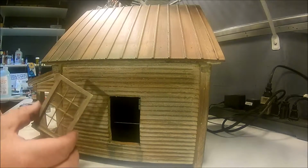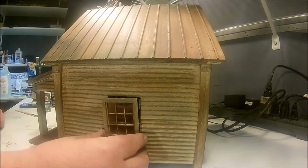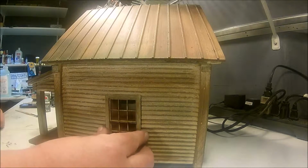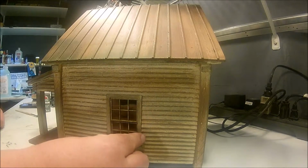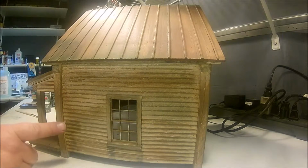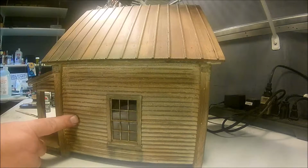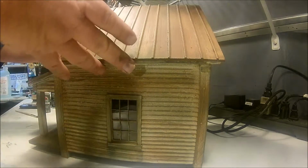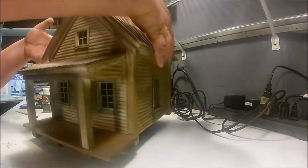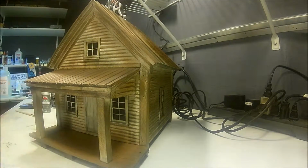Since this is a plastic window going into a wood house, I will use a 2-part epoxy to install this. Alright, it's good epoxy, the water won't wear it away. Then we will take the house outside later this week, and I will take some photos of it in the sunlight so you can see what it looks like. Okay, it's storming right now, so we're not going to get that done today. So stay tuned. I'll put together a slideshow of the finished house, and then we will be done with this